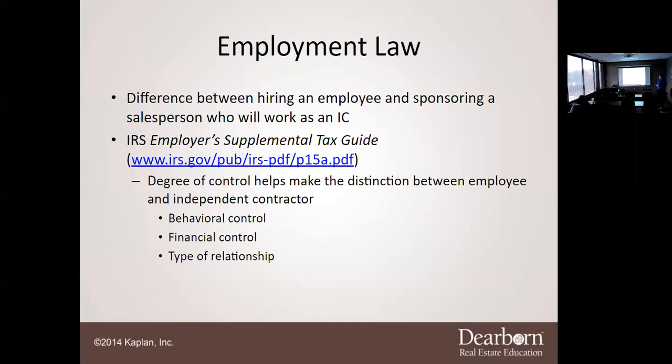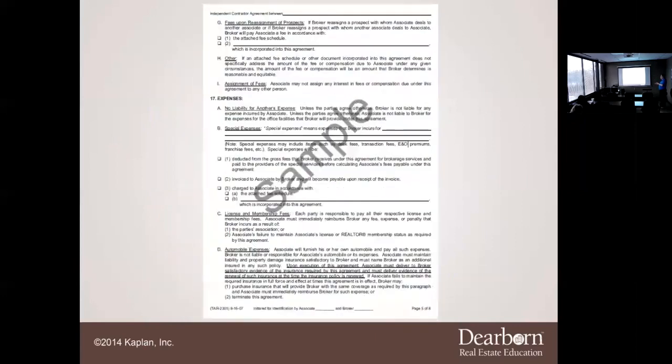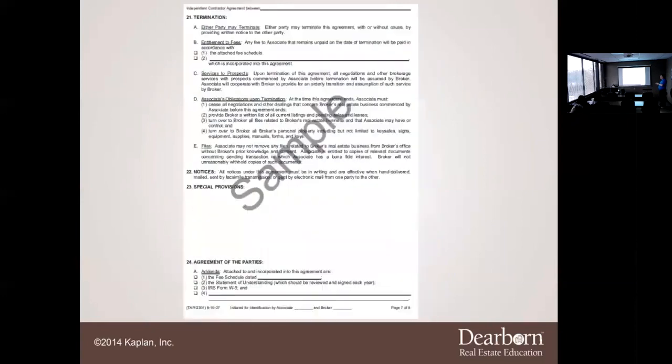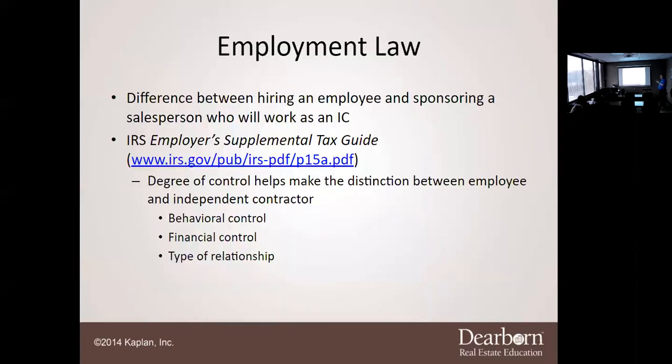But again, the key thing in this situation is that we want to make certain that you know the difference. Okay, now you will have some brokerages. I've heard of some brokerages that will say in there, and that's why I didn't want to spend a lot of time on this form. You see how there's a bunch of blanks? That's why a lot of times the brokerages will just have a lawyer draft it up, so there's not a ton of blanks. But there are some brokers that actually tell their agents, you have to be a full-time agent.